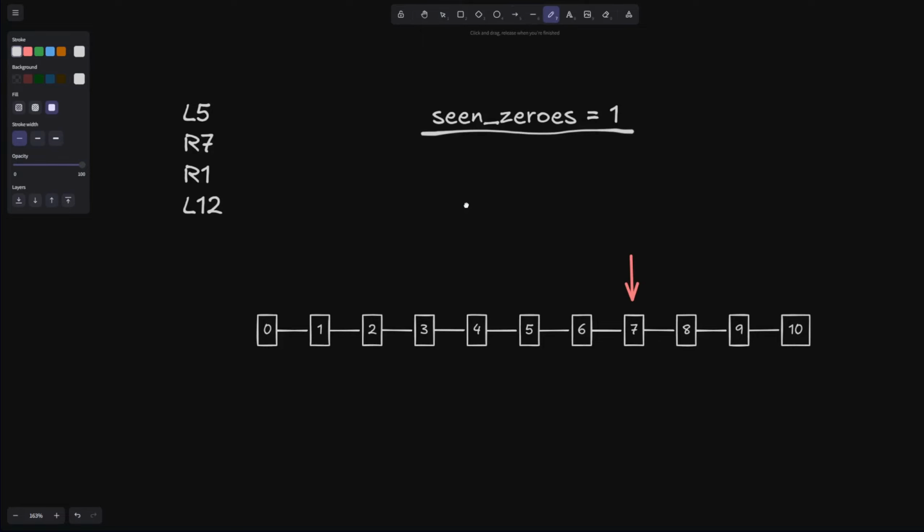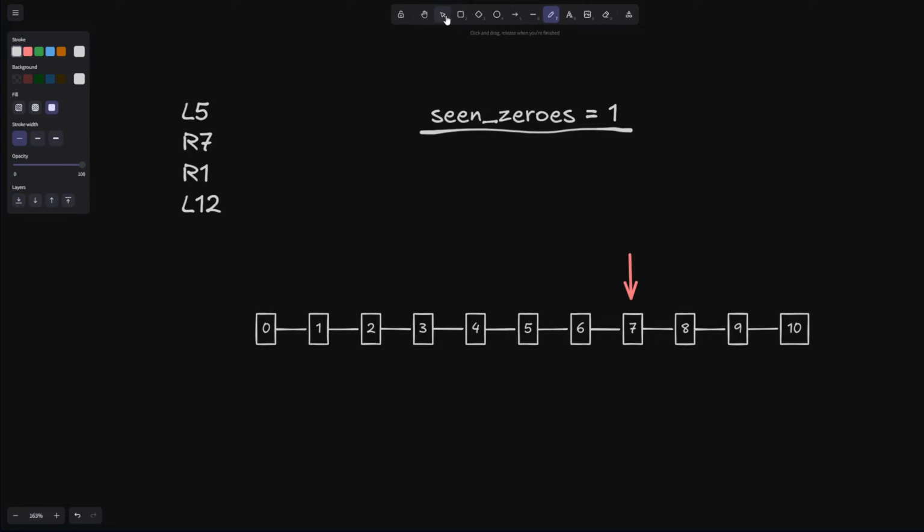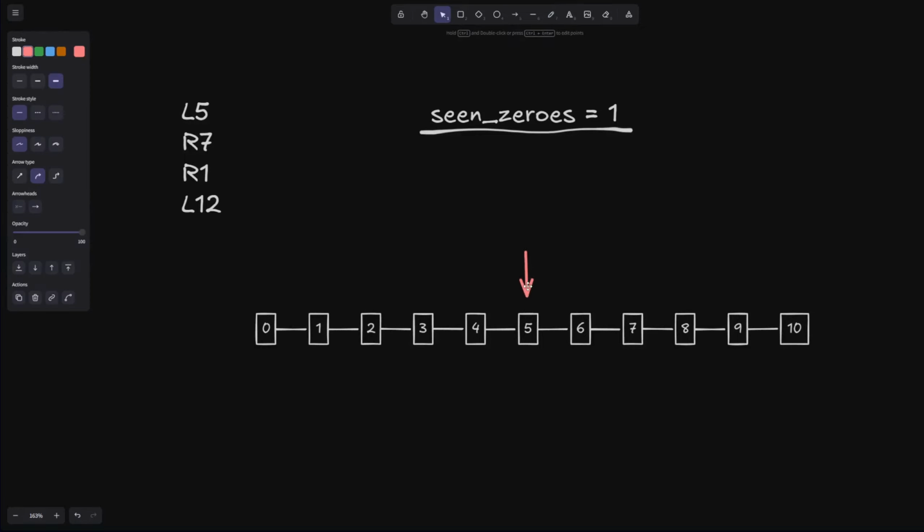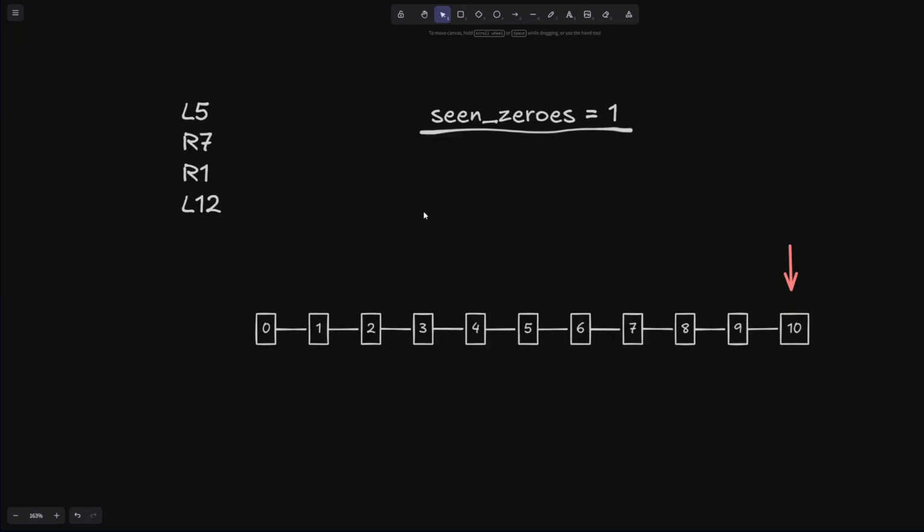Now, one thing you might have noticed is, when we were on a 7, we went 1, 2, 3, 4, 5, 6, 7, and we went right here. We basically made a circle. Now in programming,